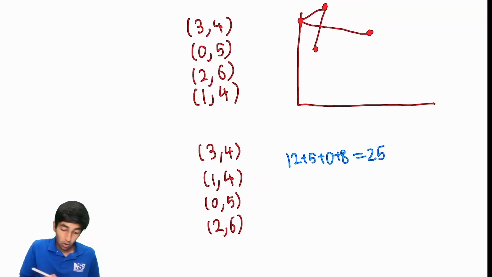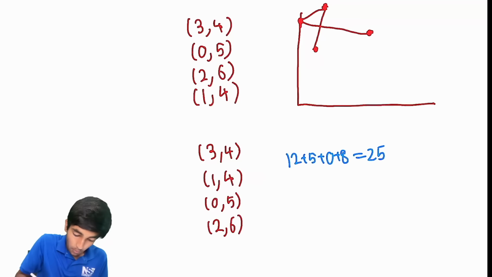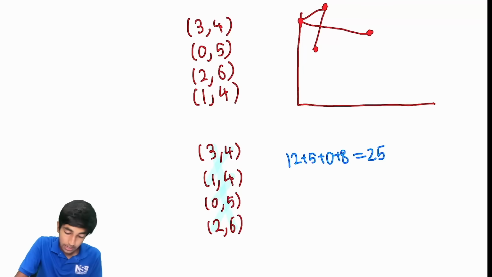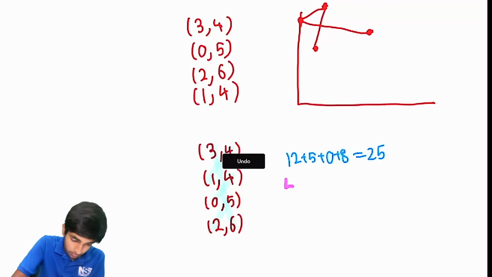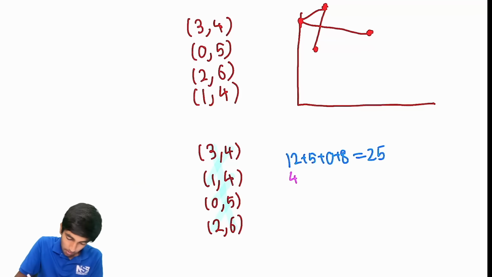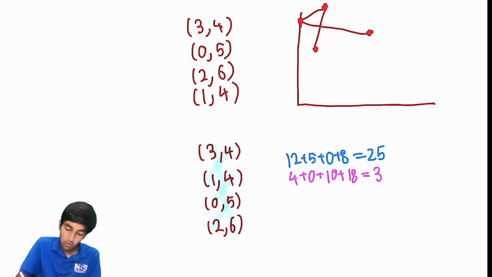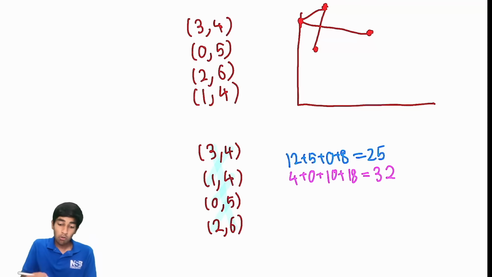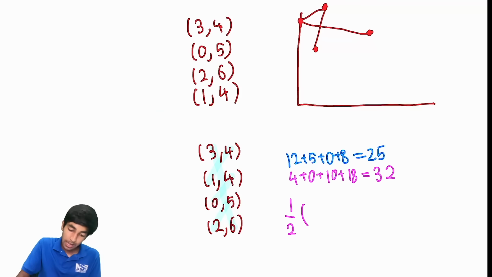What we do is we now go the other way. So now we go this way and we find all these products. It's the same thing, just the other way, right? So let's see, we got 4 plus 0 plus 10 plus 18. That's 32. So now to find the area, what we do is we do half times 32 minus 25, which is